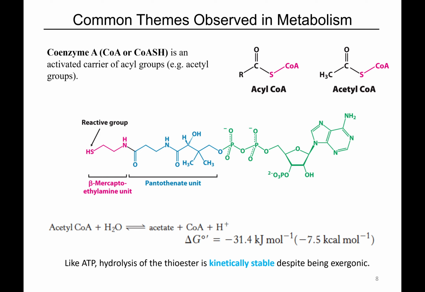So the only way to hydrolyze it kinetically is to decrease the activation energy by putting it in the context of an enzyme active site that can stabilize that. But hydrolysis of this is spontaneous, which means that once we produce this, it's stable, it can move around, it won't fall off. But once there's an enzyme around that can hydrolyze it, hydrolysis is spontaneous, meaning that once we want to get it off, we can get it off. And it'll actually produce energy when we do so.